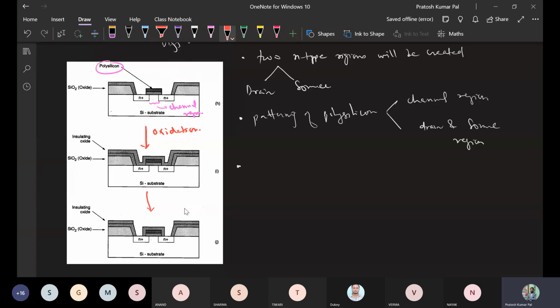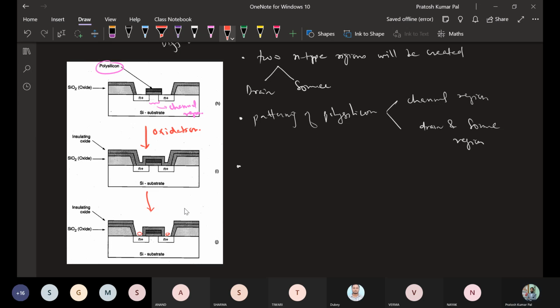This oxide region will cover the gate terminal. So our gate terminal is covered by this region, and there will be space for the contact for source and drain here. So this was the insulating oxide.